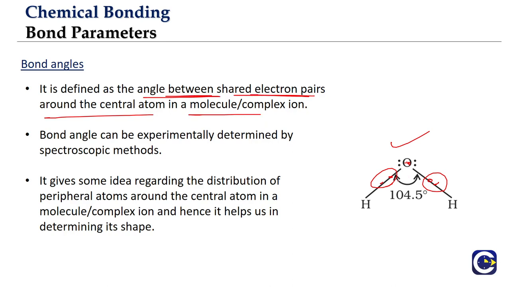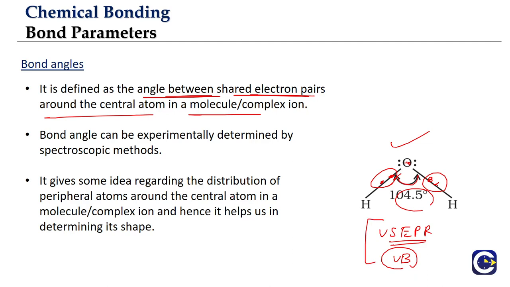So if you have the shared pair of electrons, because shared pair of electrons will be along the internuclear axis, you can see this angle is what we call the bond angle. And in case of H2O, what is the value? It is 104.5 degrees. So we see that the valence shell electron pair repulsion theory as well as the valence bond theory, both these theories try to explain the concept of the bond angles, but Lewis theory again could not explain the concept of the bond angles.